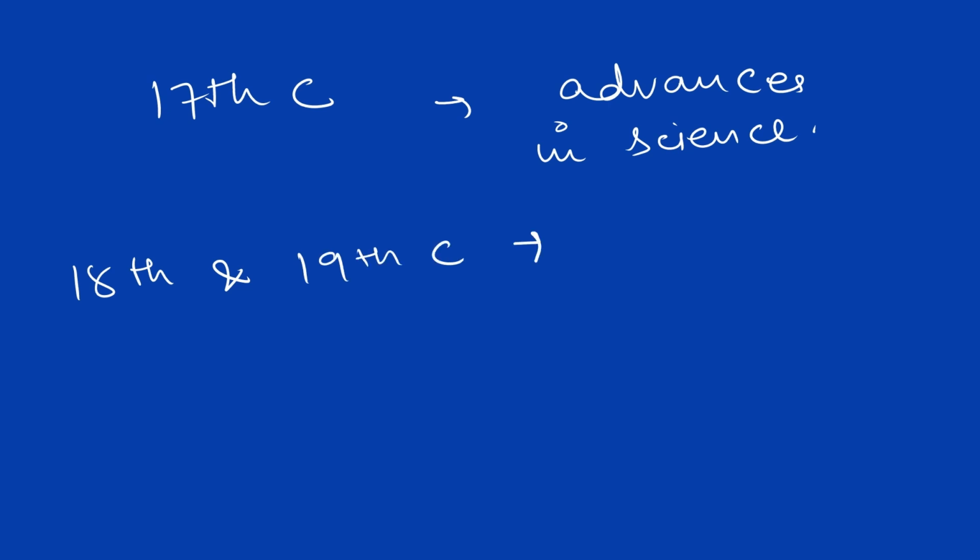So further, when we come to the 18th and 19th century, we see that it was observed that the contact between someone's hands and the surface barely leaves some marks, which we call as fingerprints. So in order to identify these fingerprints, the fine powder dusting technique was also invented in order to make these marks more visible.